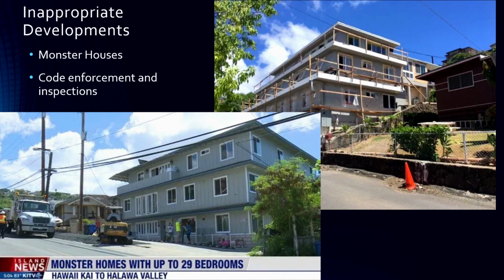Other indicators that we're having some problems is inappropriate development. Honolulu has a monster problem with monster houses. These are units that are being constructed in many areas of our city under residential building code. And you can see one of these units has up to 29 bedrooms. These types of development meet building code and are permitted. But this is an illustration of a trend where I believe that building code reviews are becoming more discretionary than they are ministerial. Code compliance has become more subjective and open to interpretation.